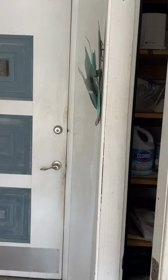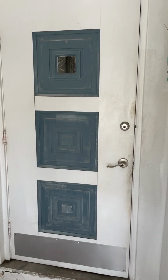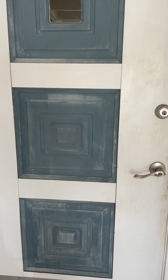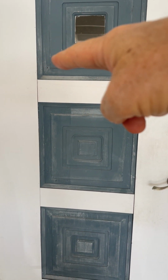So, that's the outside. Let's take a look inside. So, this is your main door, and this is what we call the lockout door. What they used to do, they would have the main entrance that led to the main unit of the house, had a one bedroom in the back, and then they would have a lockout,